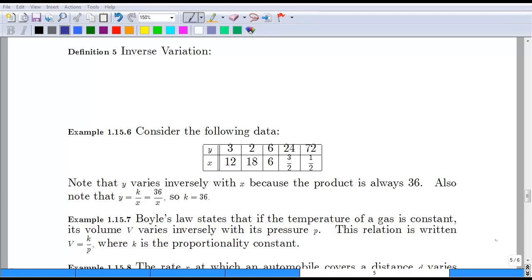The second video for section 115 is going to discuss inverse variation. Now, two variables